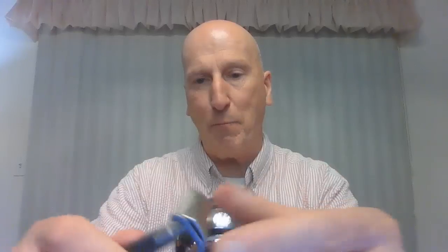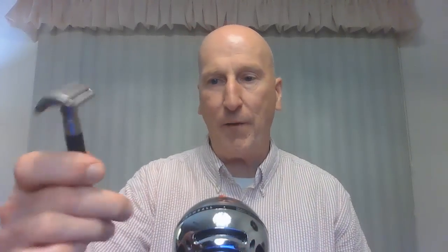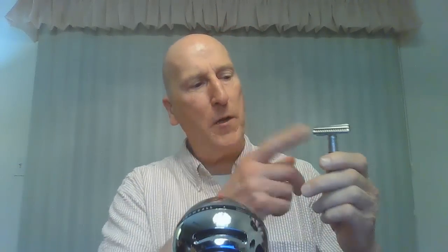So that's why I use an O-ring with a lot of my razors now. So if you do get this Parker Semi-Slant razor, I recommend you get an O-ring and put it in place. After you get the razor and take it apart, get an O-ring, put it on there, and put it back together. So Hare, thanks very, very much for the mini review on the Parker Semi-Slant and also on the Imperial